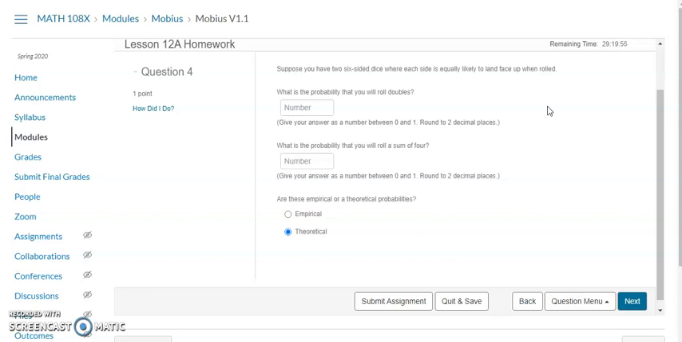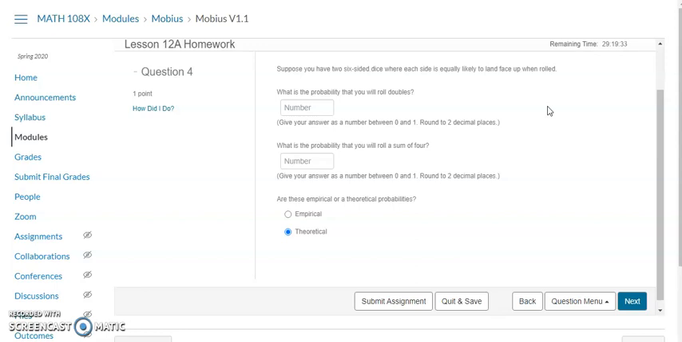All right, let's take a look at some of these lesson 12 homework questions. I pulled mine up, but I do have some different numbers than what you gave me. I'm going to try and show you with the numbers that you gave me, but the idea is basically the same. The first one was, we have two six-sided dice that we're rolling, and we're trying to figure